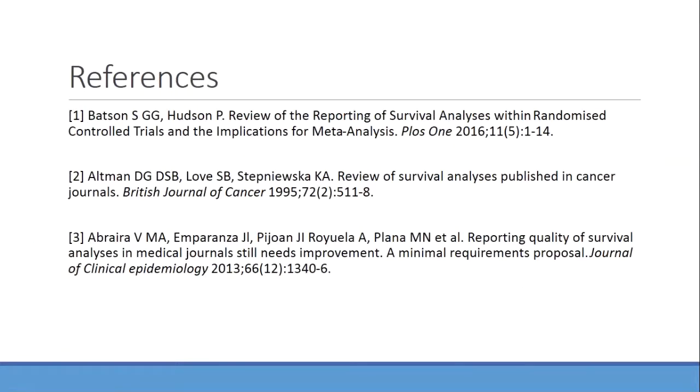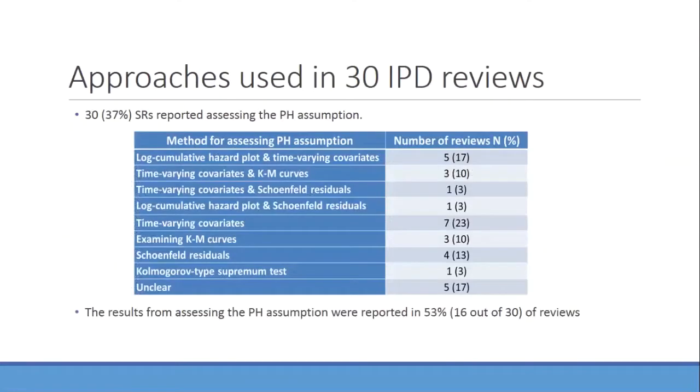Was it these references you were talking about? No, it's in your results from your review. You had... that's it. So, explaining, examining KM curves. Okay, so I can see it. In terms of examining KM curves, do you mean just presenting them, or actually talking about the KM curves? Is that what you meant by that?